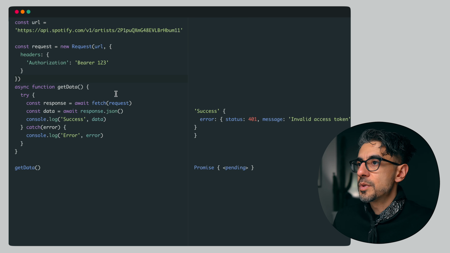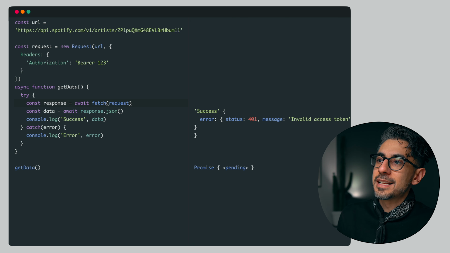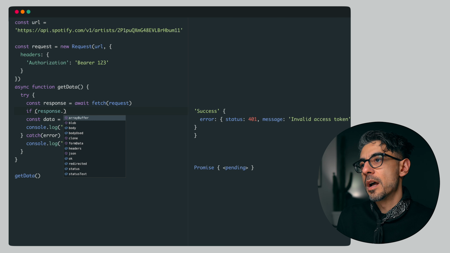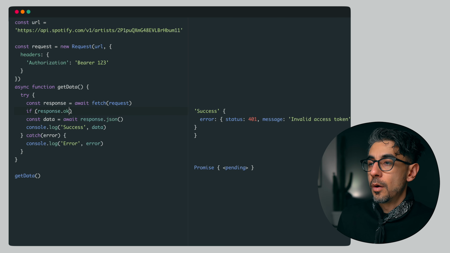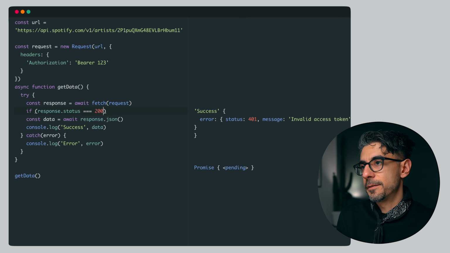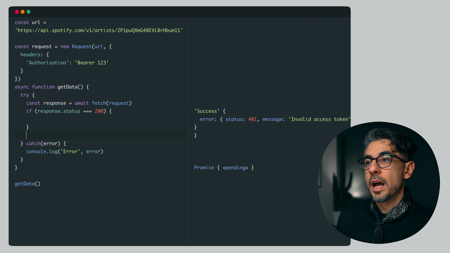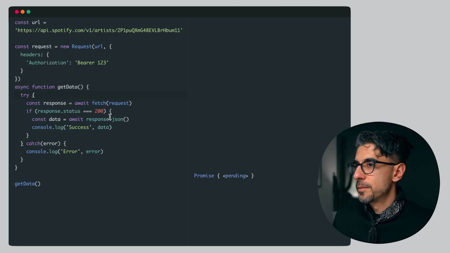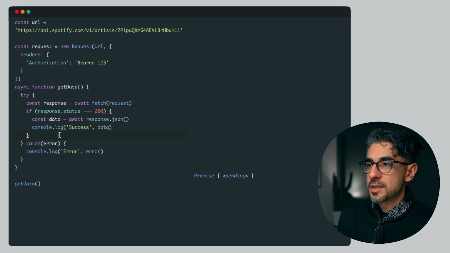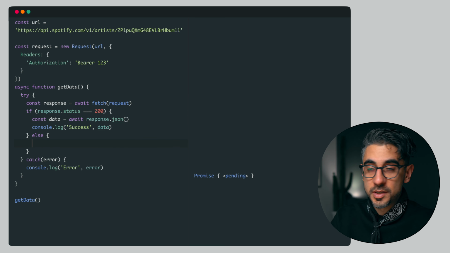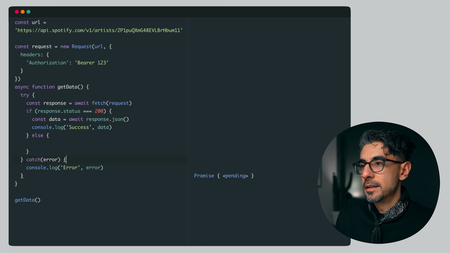Invalid token. Okay, so before I do anything with the response, I can check. I can say, is response.ok true? Or I can check the status. If the status is not 200, or let's do a positive case: if the status is 200, then I will continue doing what I'm supposed to do. It's a little messy, but whatever. And I'm not handling the else. So else, that means the response was something other than 200, which we saw is a 401. Then I can say this is the error,